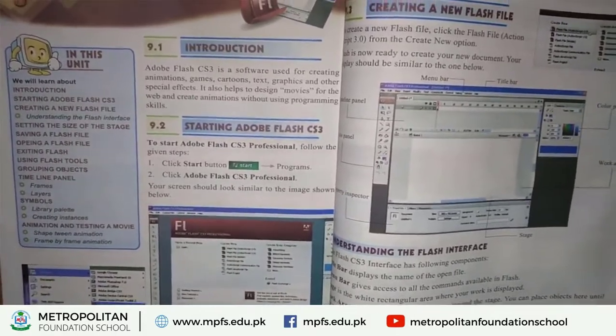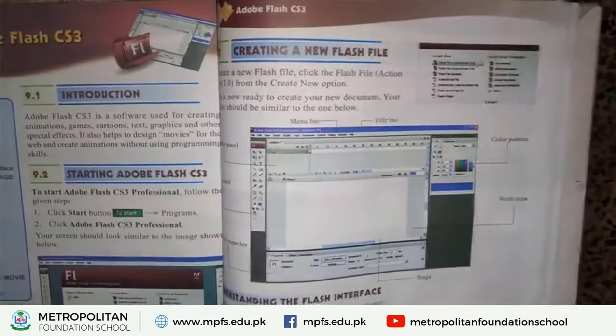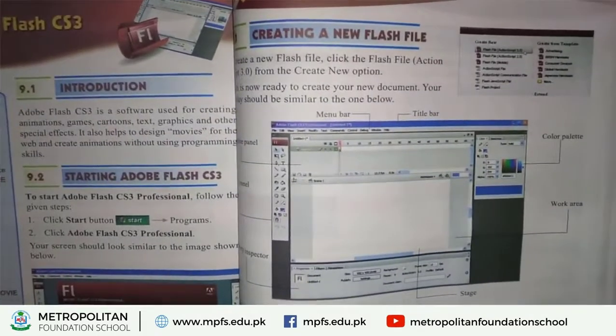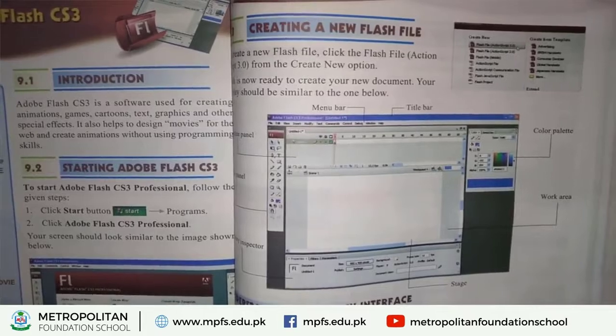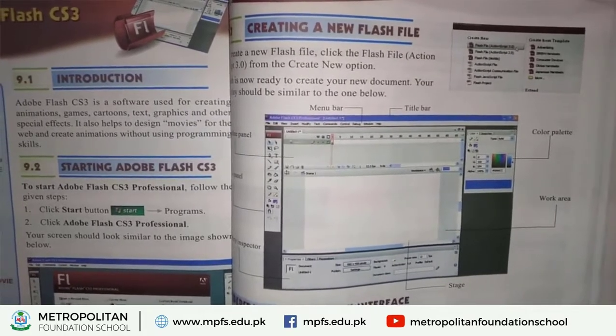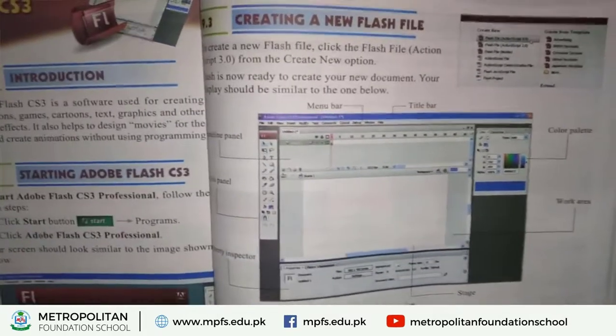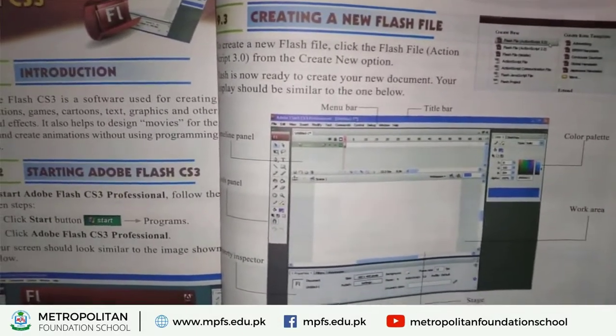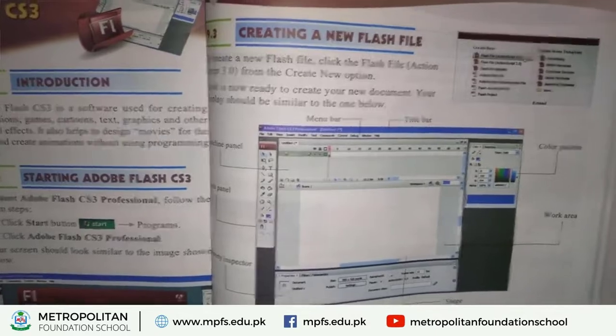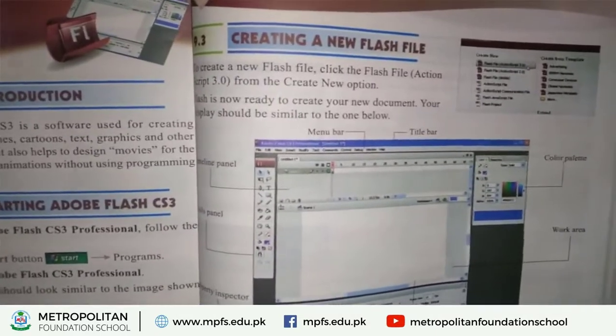Now creating a new Flash file, 9.3. To create a new Flash file, click the Flash file options. Flash is now ready to create your new documents. Your display should be similar to the one below.